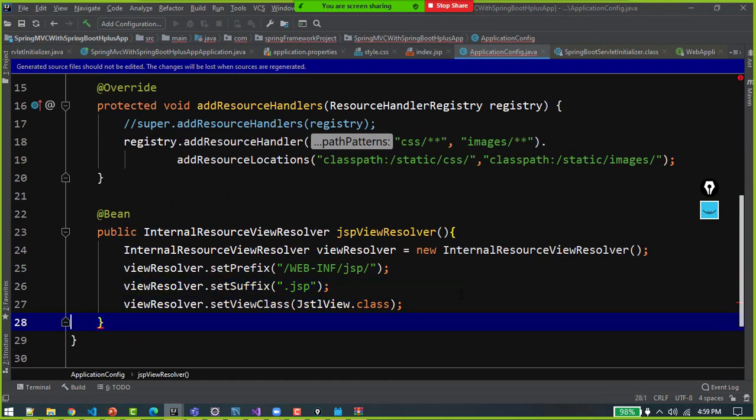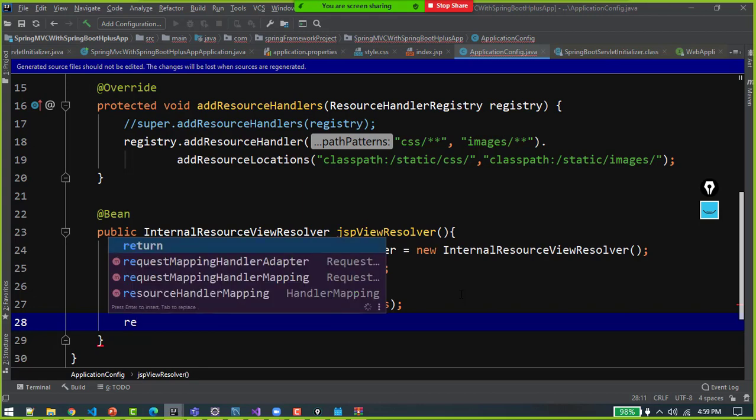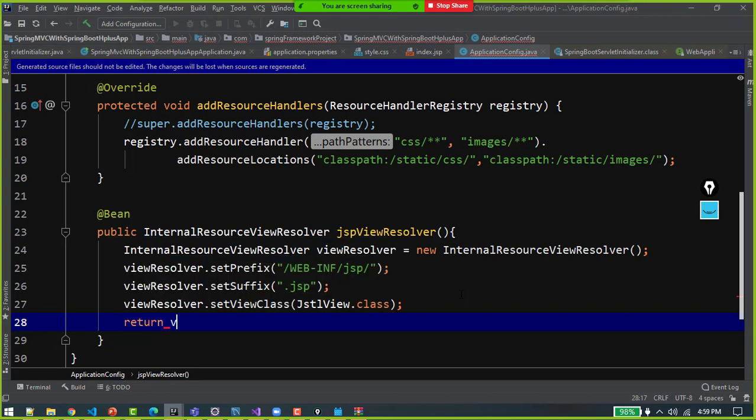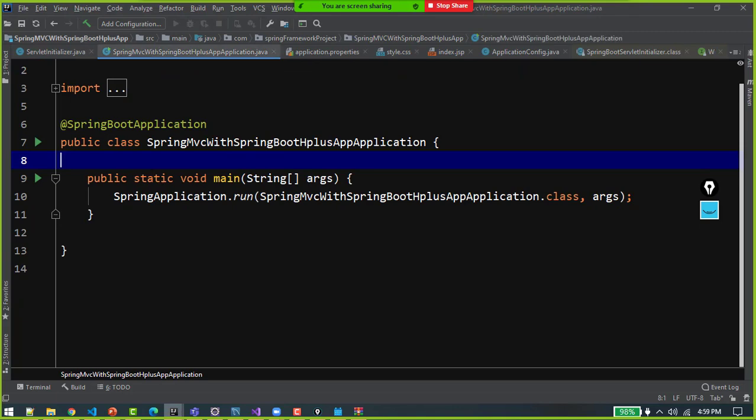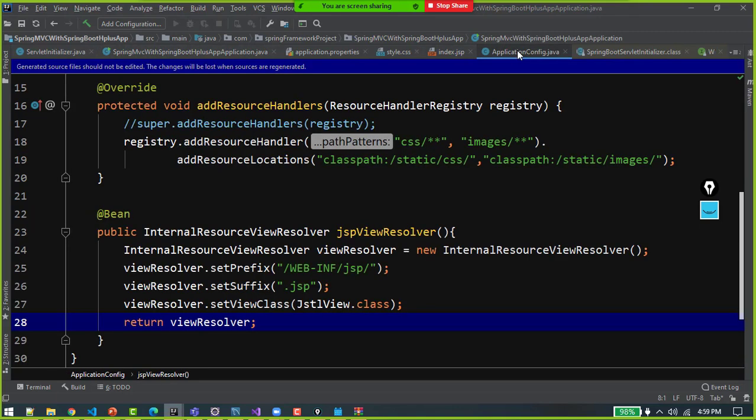Ultimately I need to return that object, because return type of my method is internal resource view resolver, and object will remain there the time application is up and running. So application config is there. It will automatically be pulled by servlet initializer, and project will start via this very class.